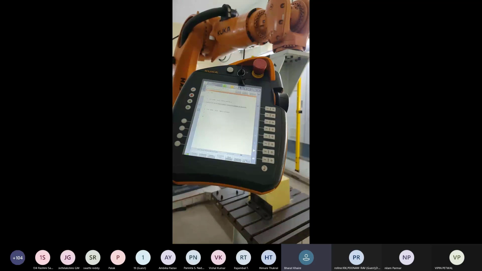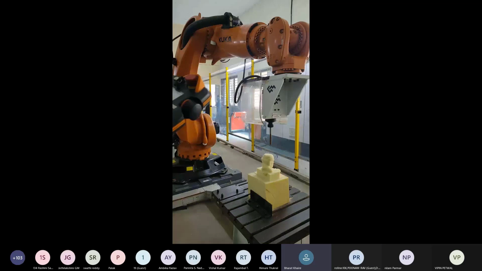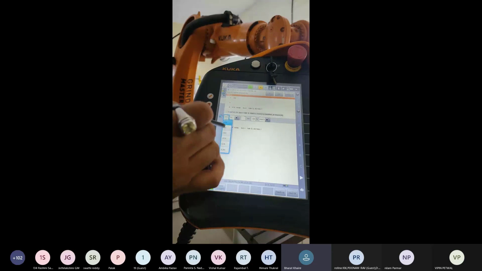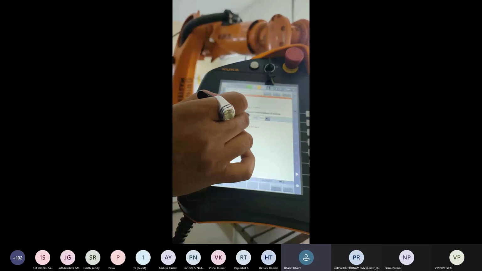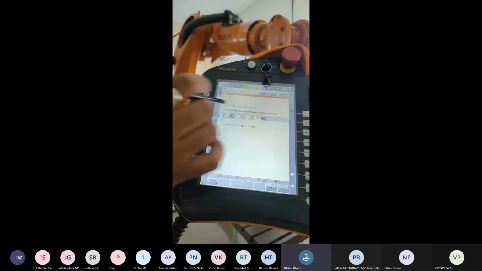Now we are going near the table and generating one line command. We are considering the center point of the circle here, with respect to this position. Motion, change the PTP point to linear. This is point 0.2, and the velocity we set here is 2 meters per second.